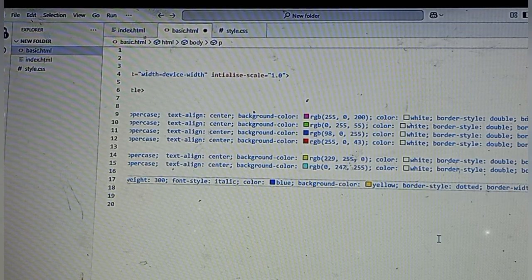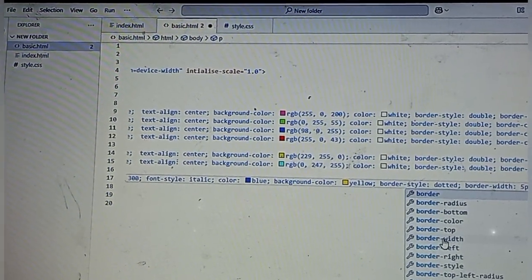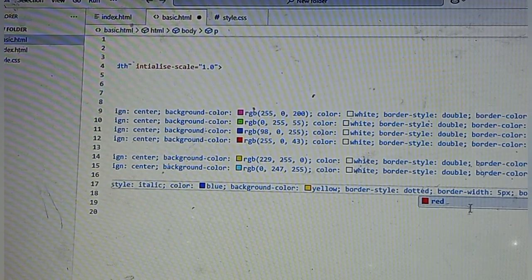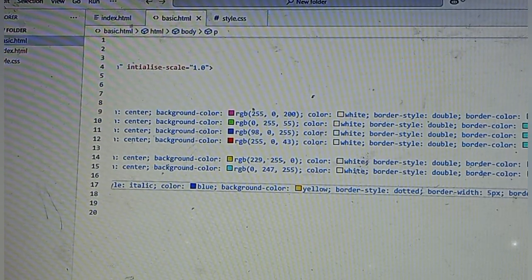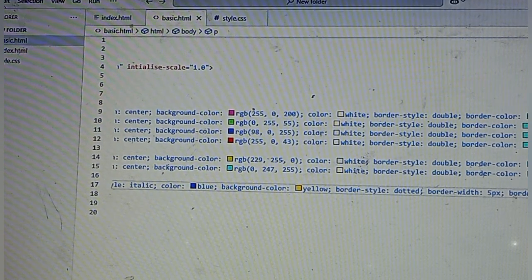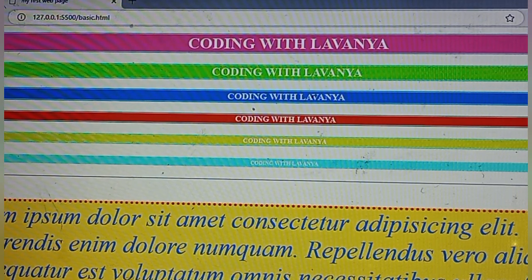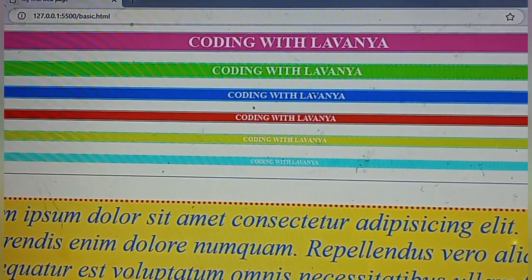And let us do some border color, even the border color equal to red. Let us put it as red, and let us apply all these with Ctrl S, and let us check this. As you are able